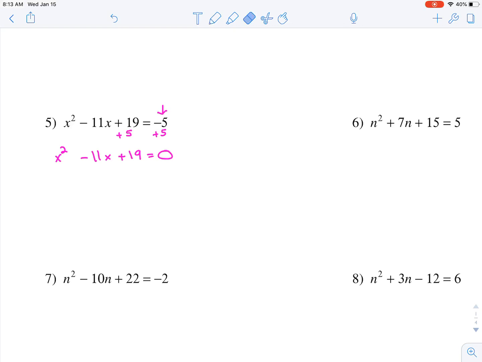Oh wait, hold on. 19 plus 5 is 24. Sorry guys, I'm making this in the morning. It's a little early. Okay, so now that we have it in that form, I write A times C in